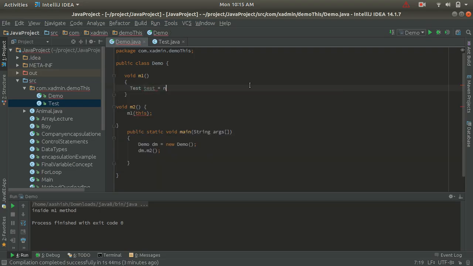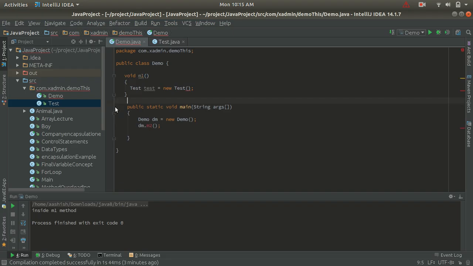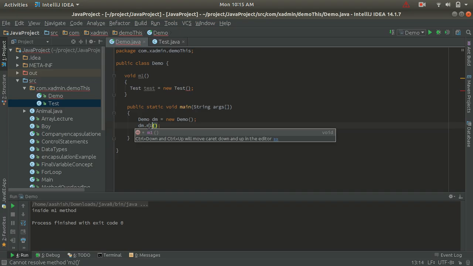So let's do it with the new keyword. Inside the m1 method I have created the object of the Test class, and now I will remove the m2 method from here, and we have a main method, and we have to call m1, right?